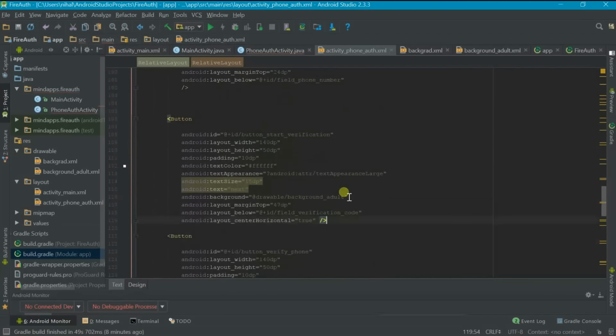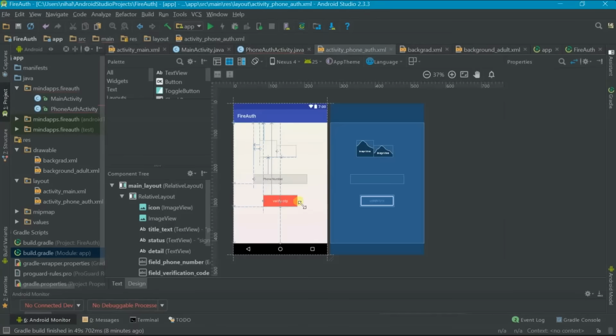Okay, so this is the button which is this. After tapping on verify, the visibility of this button should be gone, and the visibility of